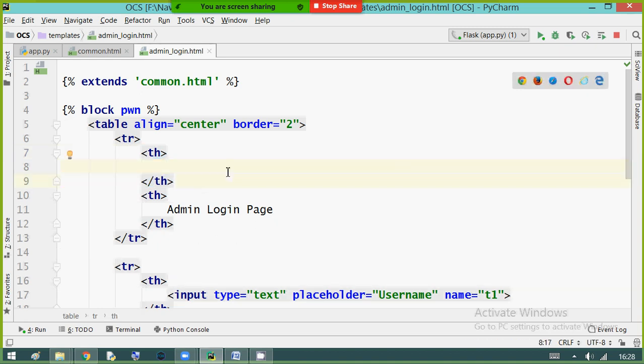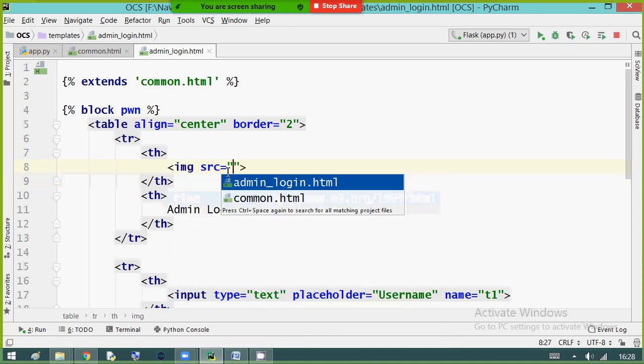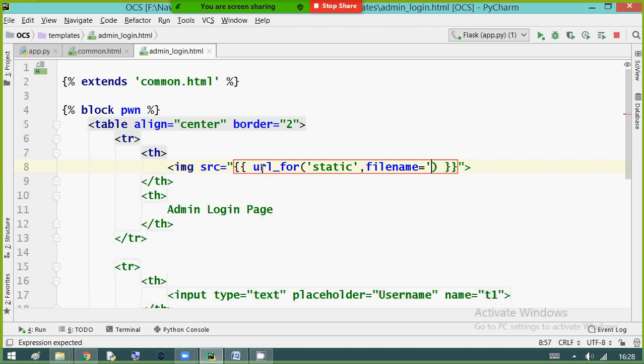In that column I am going to add my image, img src, with a variable tag like url_for. Inside that I'm going to pass two parameters. First parameter is static, comma. Second parameter is filename.